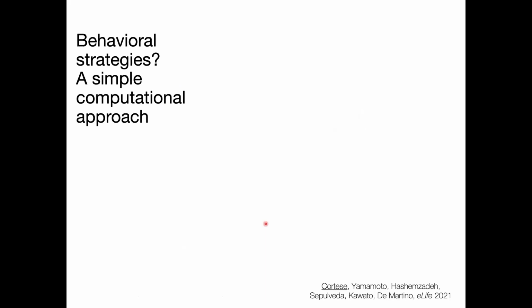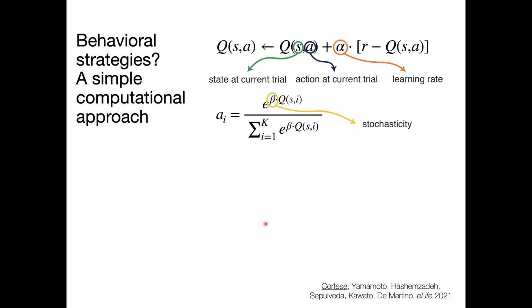But as I was mentioning, there's one underlying aspect here, which is that we probably have different behavioral strategies. And so we can use a simple, again, very simple computational approach with reinforcement learning to disentangle what strategy participants might be using at any given point or any block. And this is because, in this simple reinforcement learning Q-learning equation, we have this value function that takes a state and an action. So the state in our task is essentially the combination of features, and the action is the fruit that the participant selected.